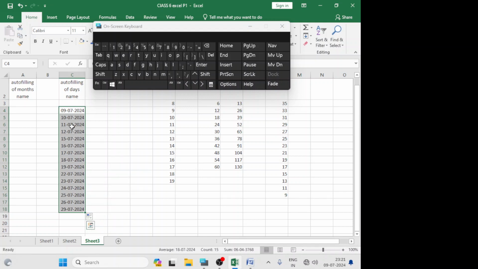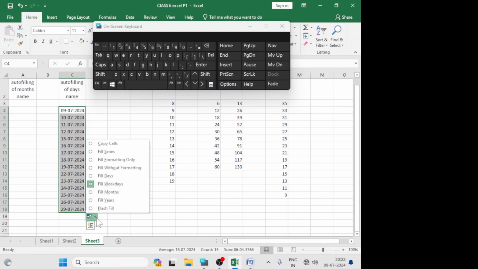Now you see 9, 10, 11, 12 is coming, then 13, 14 is missing, 15, 16, 17, 18, 19 is coming, then 20 and 21 are missing. So computer is showing weekdays. Weekdays means it is leaving weekend days, means Saturday and Sunday will not come. From Monday till Friday all the dates will appear. This is known as weekdays.